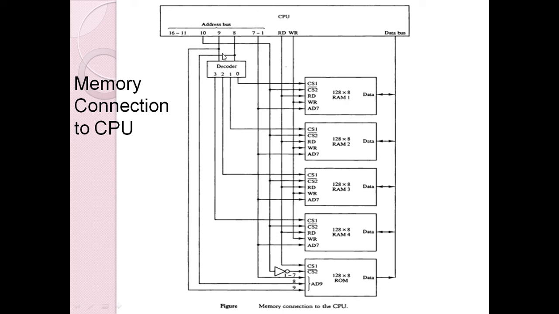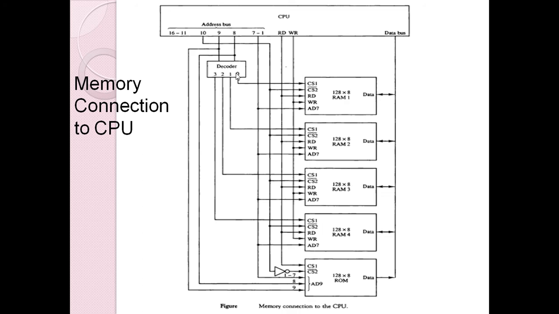See here, these 8th and 9th bits also work as an address only for this ROM. So here the 8 and 9 bits are used to select the RAM through the decoder, but here they are used as an address. So the 7 bits, 1 to 7, are address bits fed to all the RAMs and also to the ROM, and these two bits are fed as address to ROM. So this is how the CPU connections to the main memory are made.